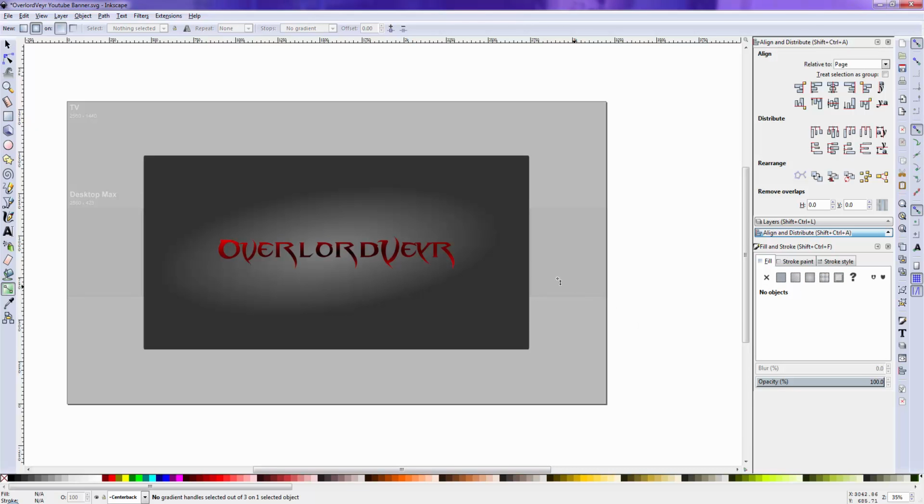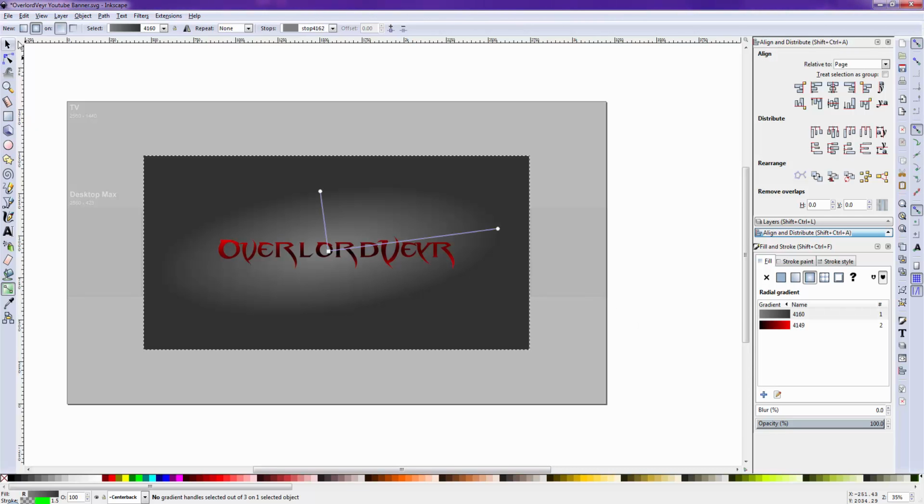So that doesn't look too bad. But next is the square itself. Now we got the gradient on the square. Next I want to edit that square. Let's make it